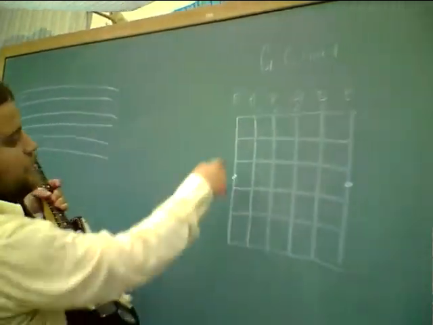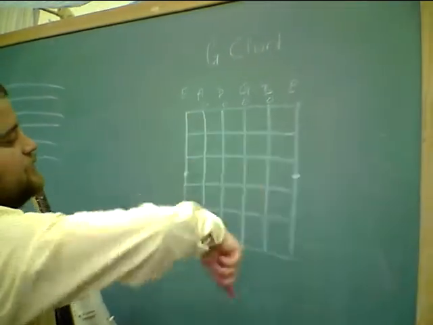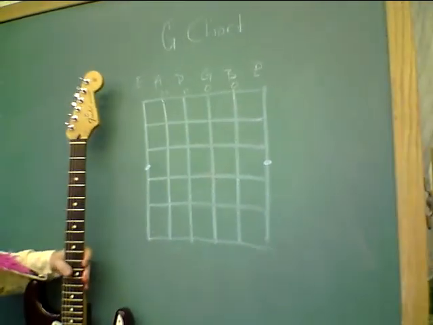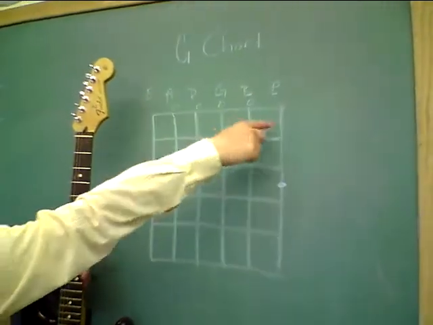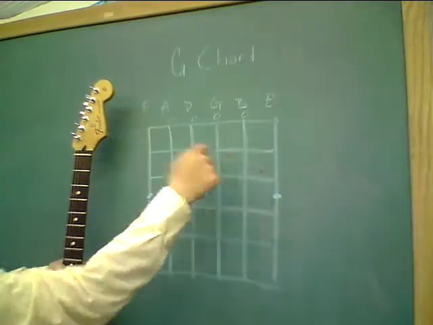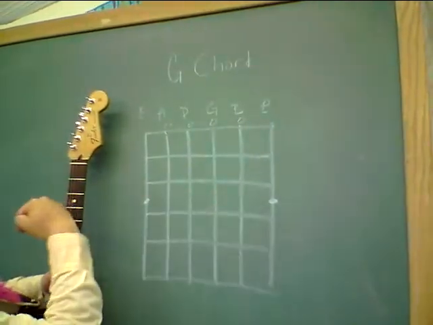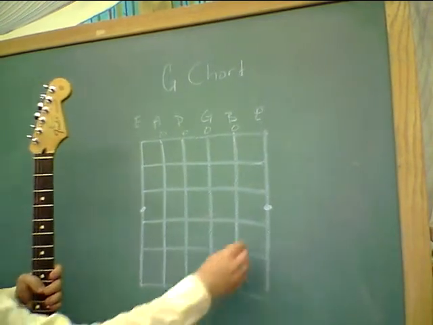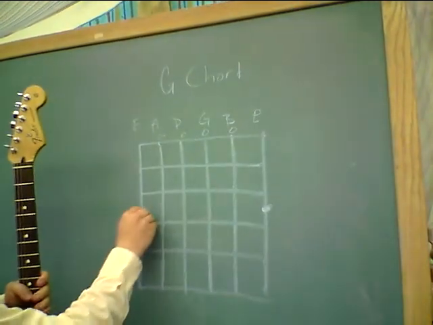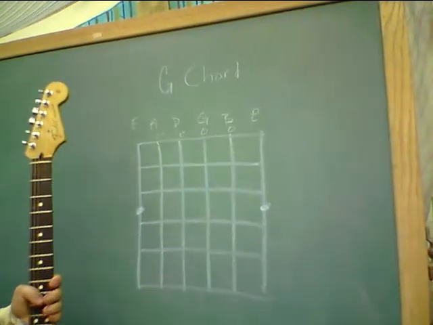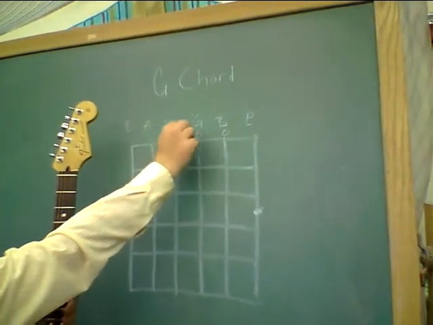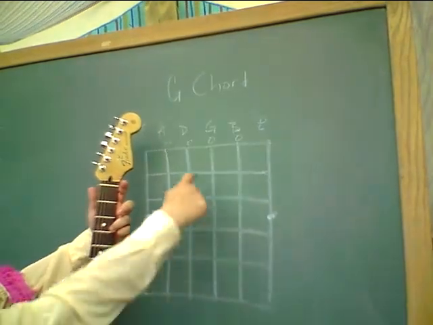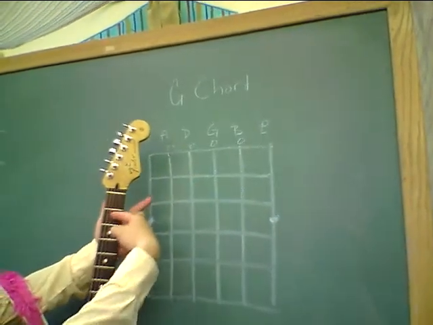It has 6 lines representing the 6 strings. So here's your 1st fret, 2nd fret, 3rd fret. Now what we're looking at here is a G chord, and what these dots are telling you to do is where to put your fingers, and these circles represent open strings. So what we have here is the 3rd fret, 1, 2, 3,